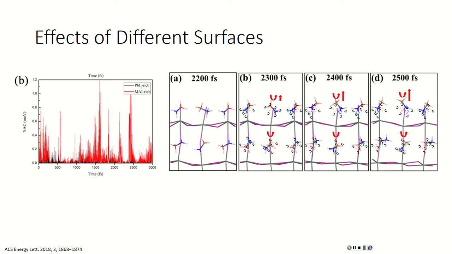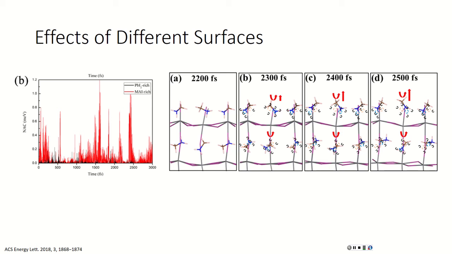So right here is a graph of the non-adiabatic coupling with time. What they did right here, they took screenshots of the range of 2200 to 2500, because that's when the non-adiabatic coupling was found to be at its highest peak. This is due to the methyl ammonium